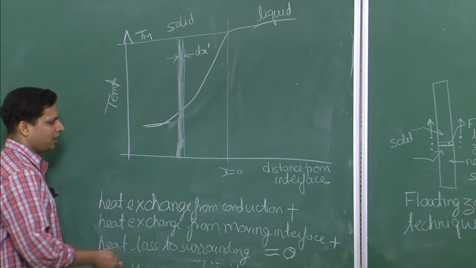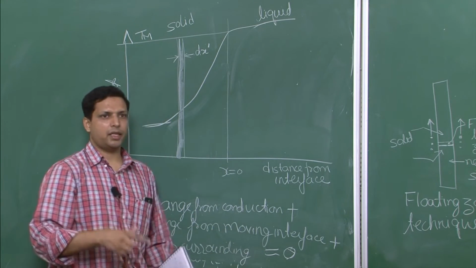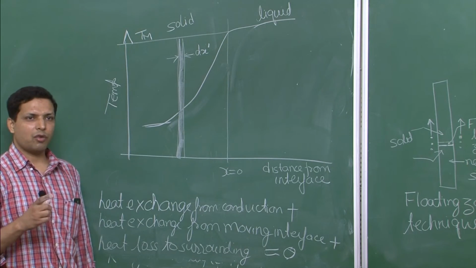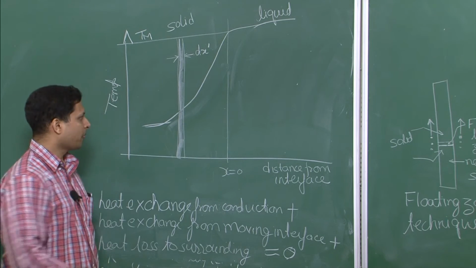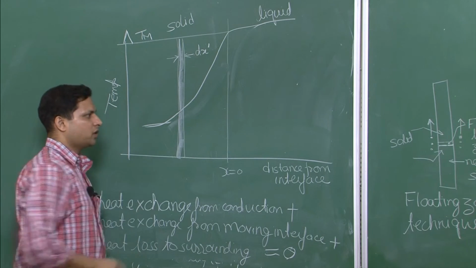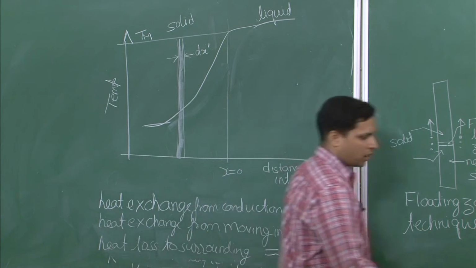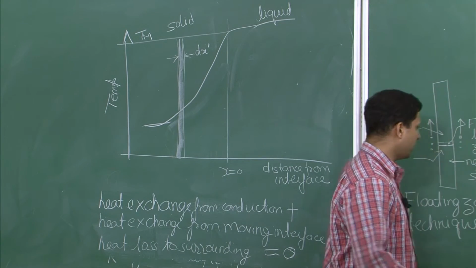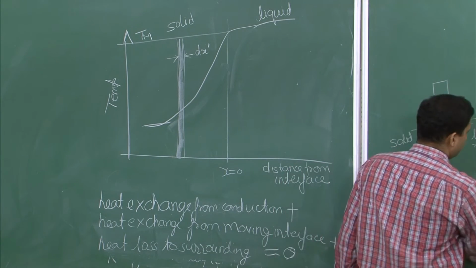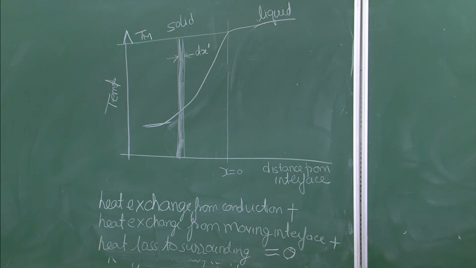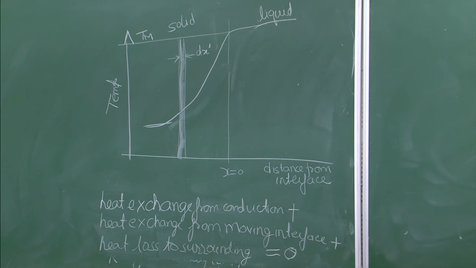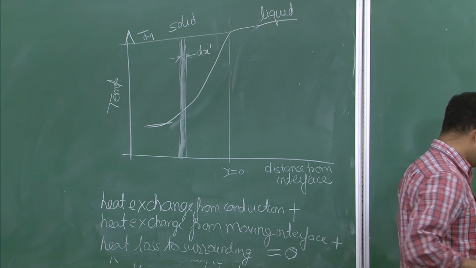If you take all those heat exchanges, then the total sum of it should remain 0. Why? Because we said the temperature is constant. When we invoke these conditions, I am not getting into the mathematics, because this is beyond the scope of this lecture, then it can be shown that GS that we were talking about can be written as